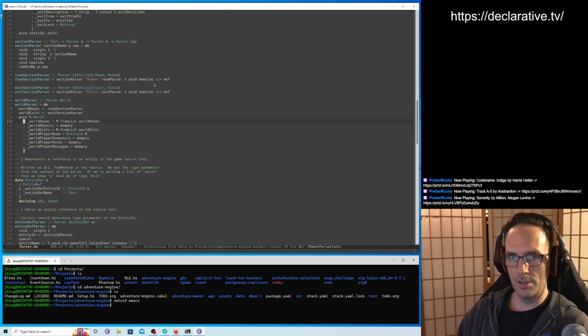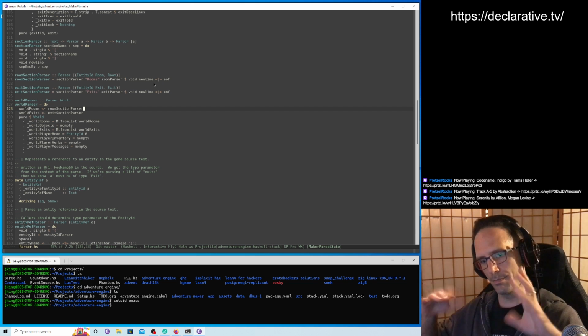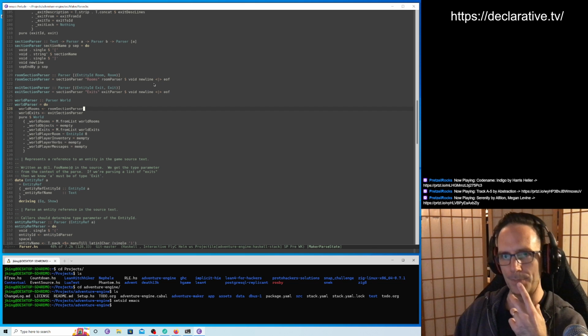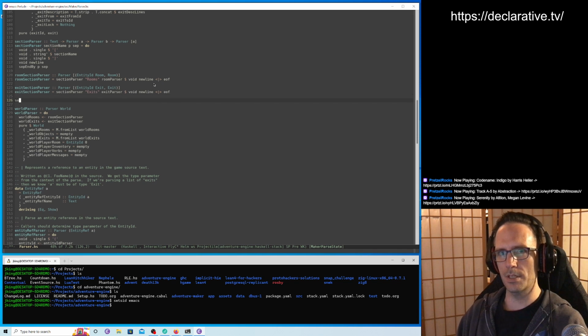Well, because each of these exit parsers, like this, we know that this exit parser goes in this field here because we bind it to a variable, right? And if I do this parser where we can just parse whatever section, if we just do the data, we lose the name binding. All right, so what field it goes in, which would be no good. So yeah, section parser